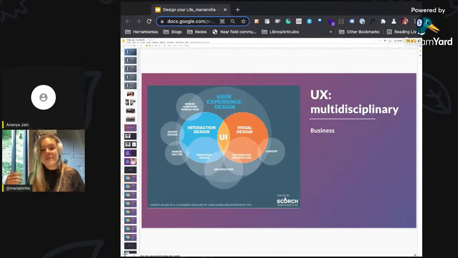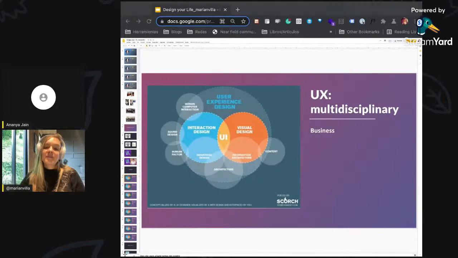I was trying to understand that as a scientist, you could mix humanities with science and with tech, and find the sweet spot for creating my career. That was my story. So UX is multidisciplinary, and it is like the intersection of